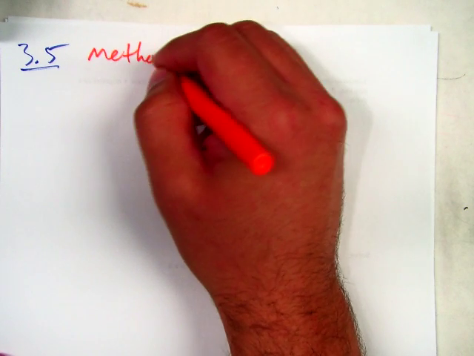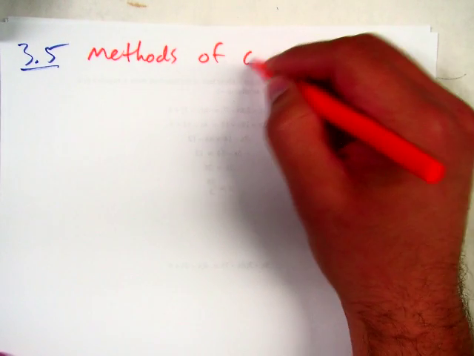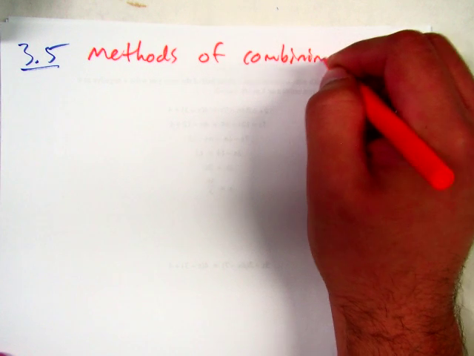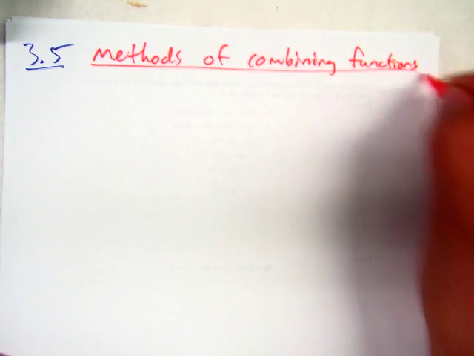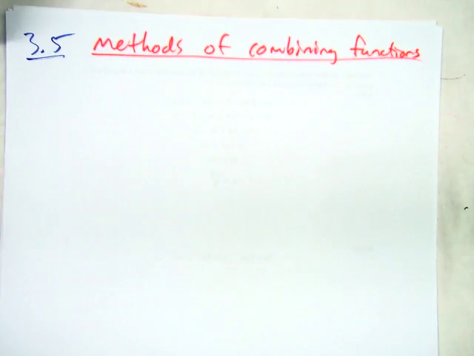Is methods of combining functions. There are 5 ways to combine functions. The first 4